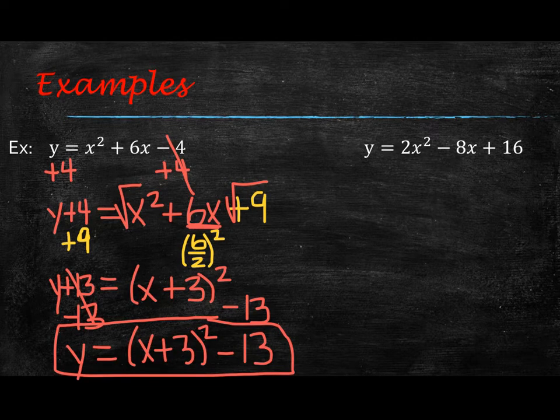In this next example, y equals 2x squared minus 8x plus 16. This is an example when your a is not 1. So the first step, which is moving the c over to the other side, you're still going to do that. So I'm going to subtract the 16 and move it to the other side. So I'll have y minus 16. I'm going to leave a space,